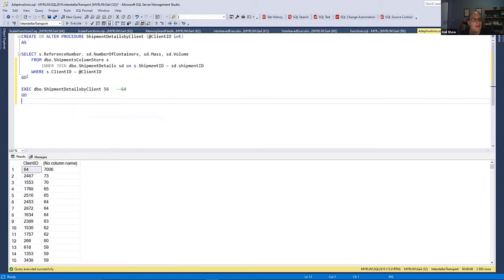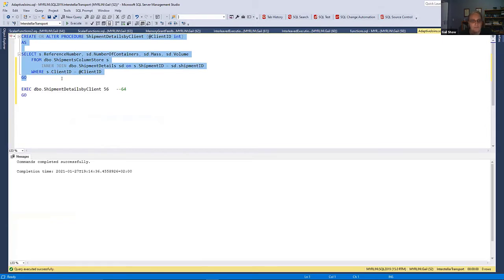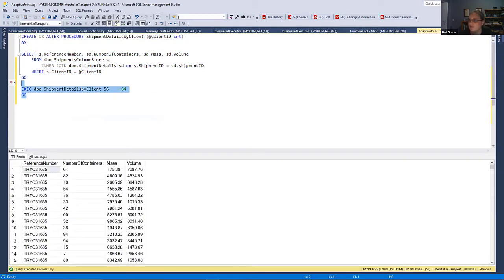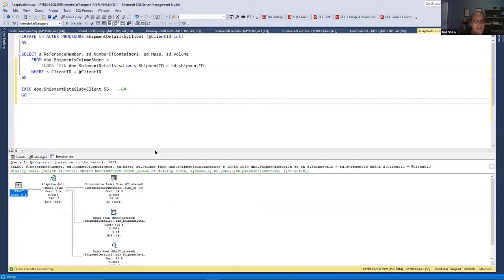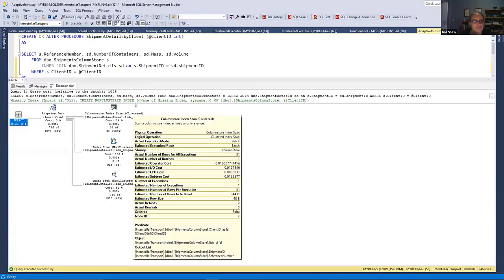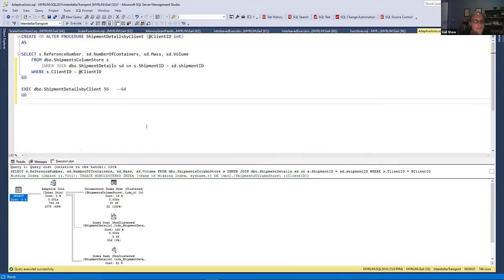Anyway, plan's been generated. Stored procedure's been created. Let me execute this. It would help if I turn the execution plan on. So running this with 56, I get a grand total of 746 rows back. And thank heaven, I've got an adaptive join. It would be a great start for the presentation if it didn't go adaptive. It would probably be a bad